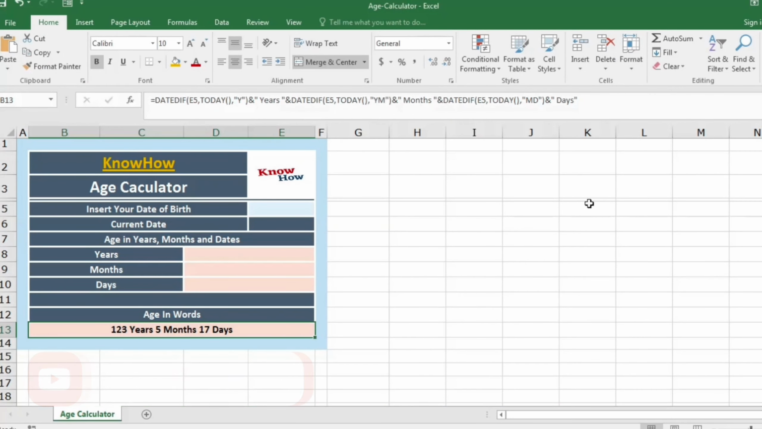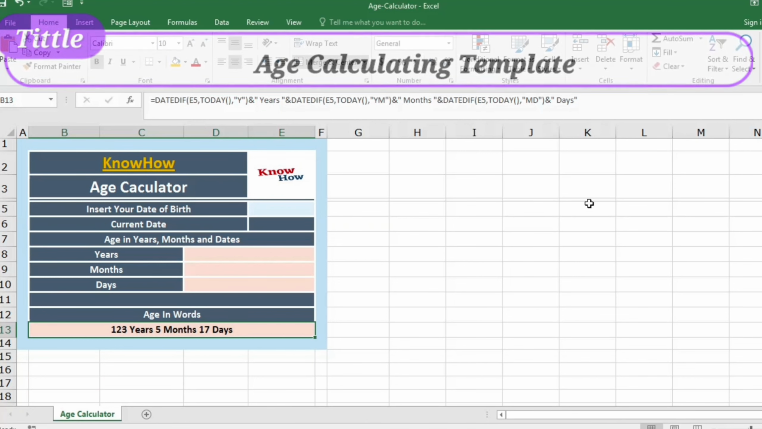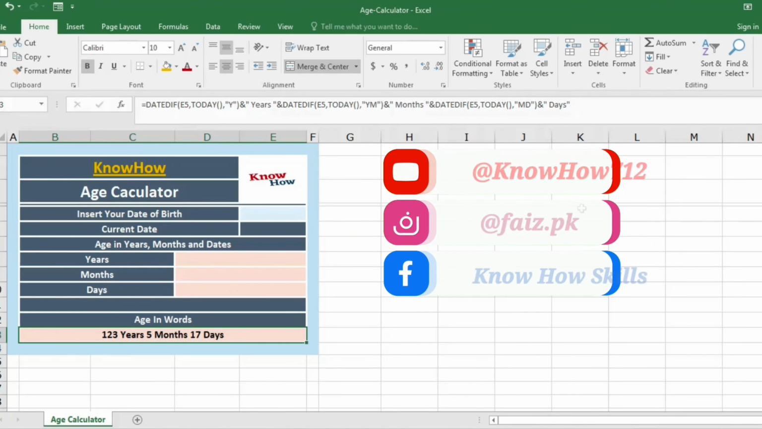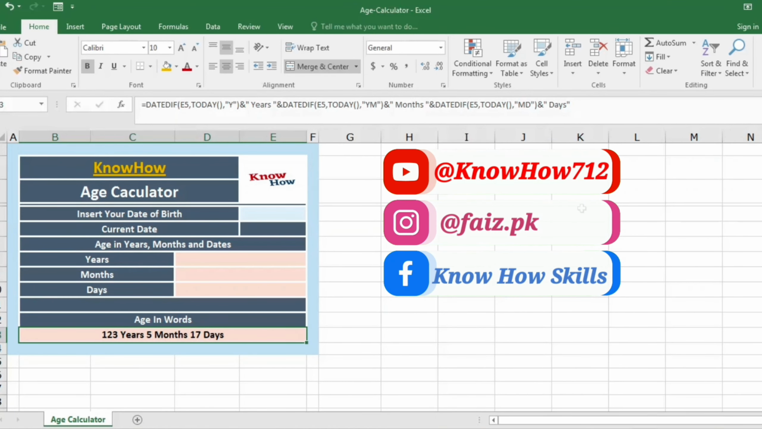Today I have an exciting tutorial for you. We will be creating an age calculator template in Excel. This template will help you calculate the age based on a given date of birth. So whether you are planning a birthday party or working on a project that involves age calculation, this template will come in handy. I am going to teach this in a step-by-step process, so don't go away and watch this video